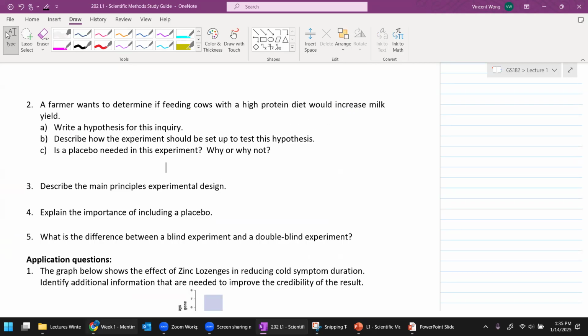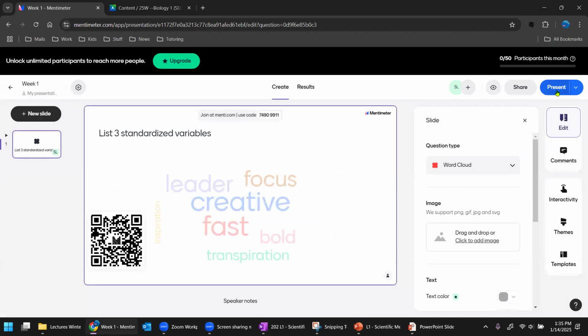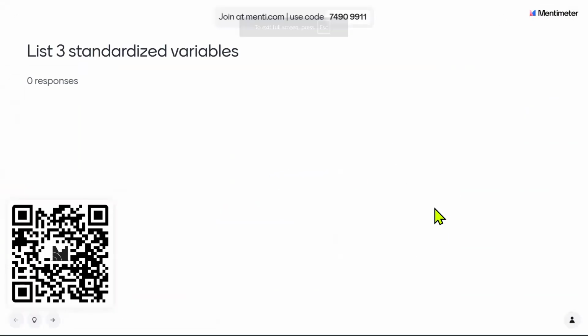All right. So I want you to try this out. Okay, there's a QR code. You can scan it and you can give me 3 standardized variables for that experiment. Okay. If you are going to test and see whether increasing proteins in the cow diet will make more milk, what